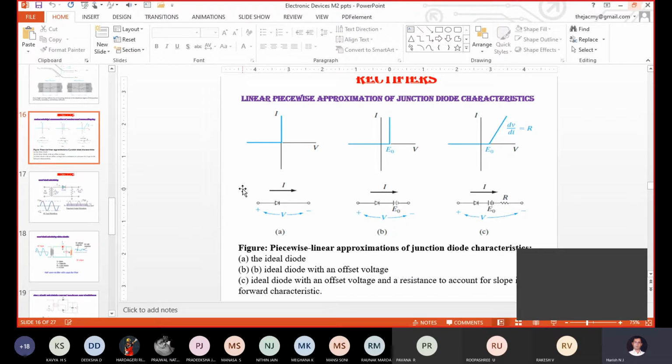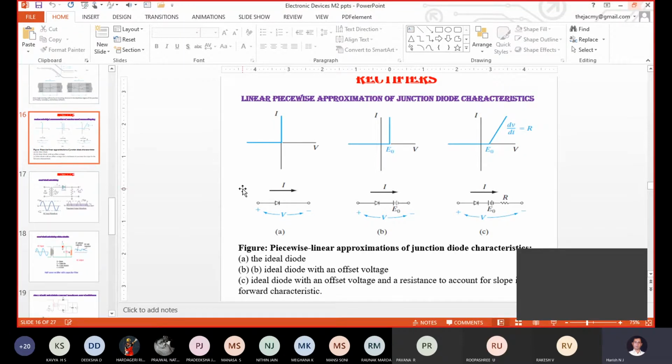Precaution in the sense that for the practical diode, the cut-in voltage for silicon will be 0.7, correct? The forward resistance will be in the order of 10 ohms. The reverse resistance will be in terms of megaohms, correct? So for increasing or decreasing some of the parameters toward their ideal values, what precautions do we need to take at the time of fabrication of the PN junction diode? We discussed these things in the last class with the help of the approximations of the PN junction diode.